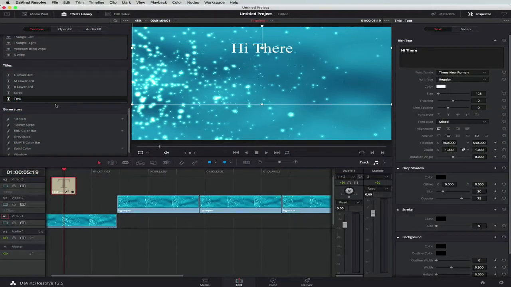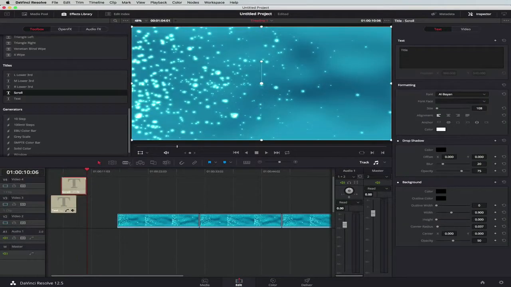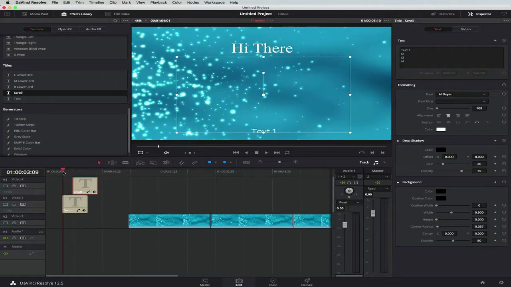If we want to add some more text, let's add some scrolling text. And I just pushed up and I've put that over the top. So let's select the scrolling text. You need to put the playhead over the clip that you're working with. Okay, and in this particular case, just position this so it goes up into the title. Now, you can just quickly center that, and go whatever your point is, T2, T3, T4, and now when we go and play through,